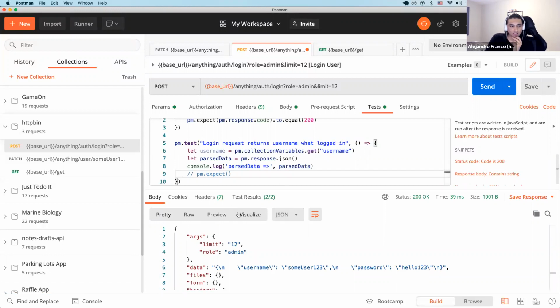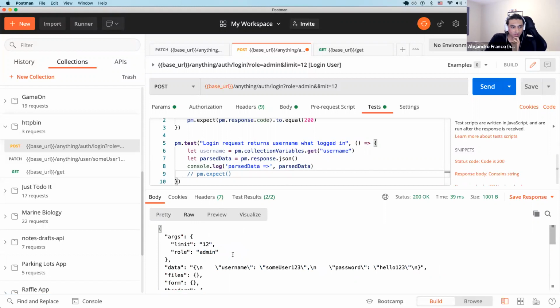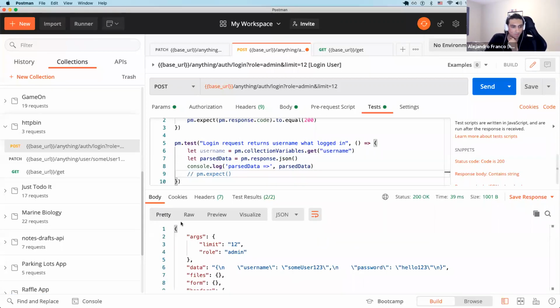That is actually what it looks like: just raw text. And then Postman, when I click on pretty, reads that JSON and makes it look pretty. But in my test, what I want to do is parse this JSON so that I can key into it. The way we do that is just